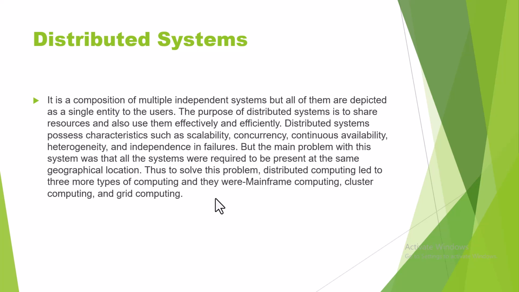But the main problem with this system was that all systems are required to be present at the same geographical location. Thus, to solve the problem, distributed computing led to three more types of computing, and they were mainframe computing, cluster computing, and grid computing. For example,